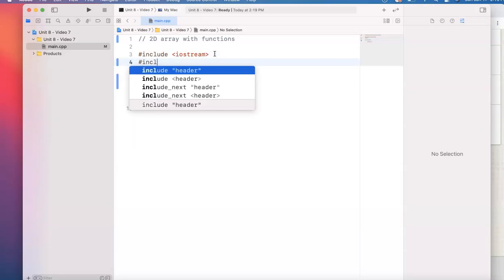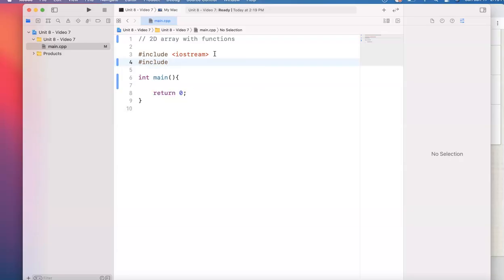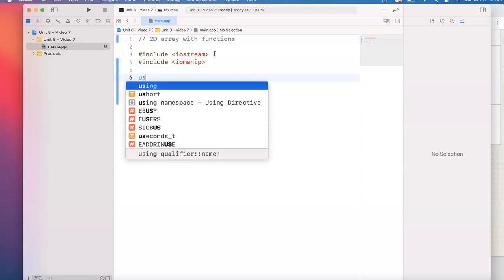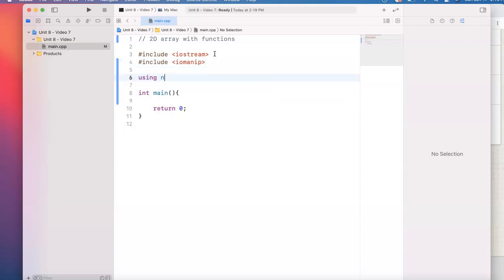Pound include iomanip, using namespace std, and maybe I'll define